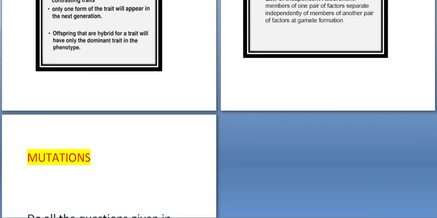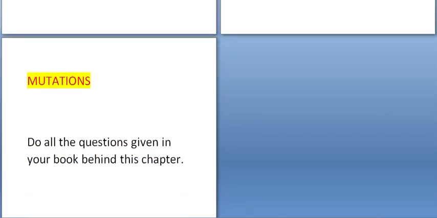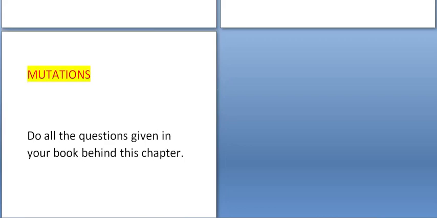Now next thing which you have to study about is mutations. Now what are mutations? It is a sudden change in one or more genes or in the number or structure of chromosomes. Mutation alters the hereditary material of an organism cell and results in change of characters or trait. For example, sickle cell anemia is a blood disease caused by gene mutation. It causes change in DNA resulting in production of RBCs which are sickle shaped. Sickle cell anemia it is called.